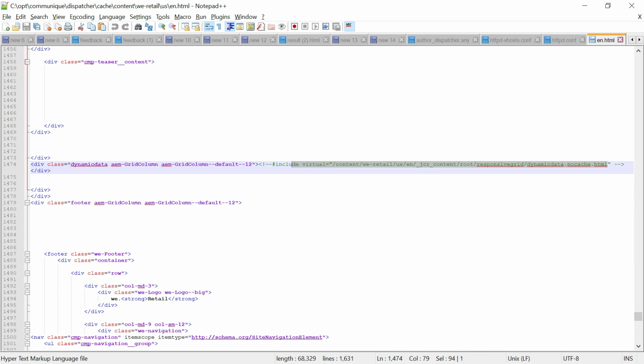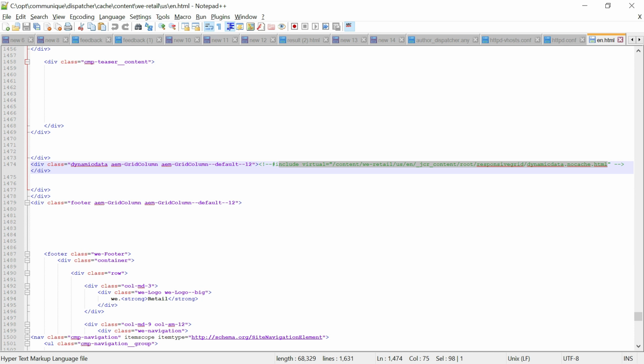So whenever we request a content or the page, Apache will do a subsequent call and replace this placeholder with the original content. So the browser will always have the original content, the static and dynamic content together.